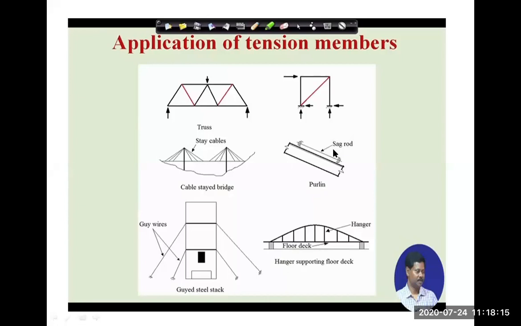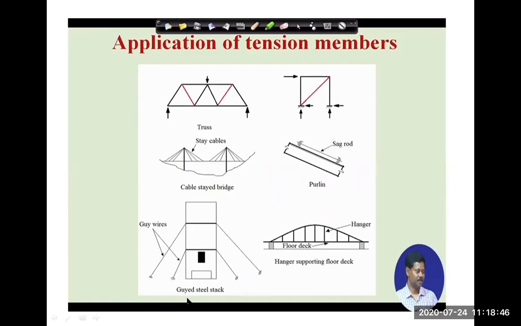Below the AC sheet and GI sheet, the member below. Someone has unmuted themselves. Please mute. Who has? So purlins are under tension. Then we have to learn design. We have to design the purlin in unit number 7 in detail. So we will see it in detail in unit number 7. We have to design this purlin in unit number 7.